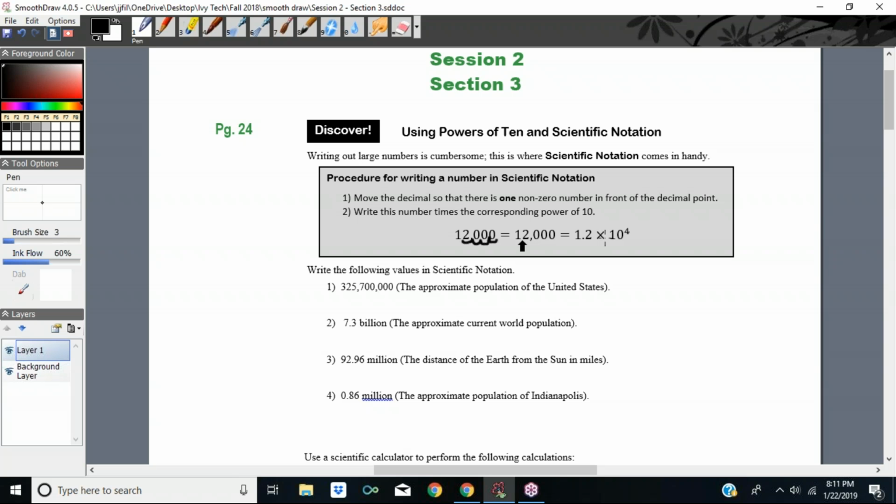So if we look at the next ones here, it says write these in scientific notation. And so we can see this and go, okay, the decimal point is going to go right there. So there's one non-zero digit to the left of the decimal. And we would have 3.257